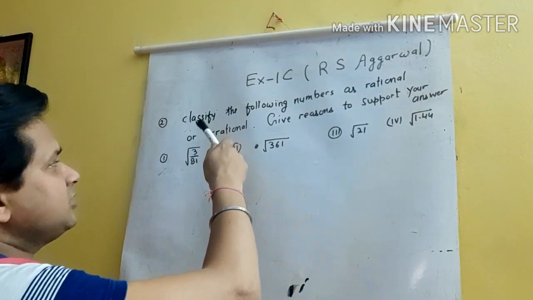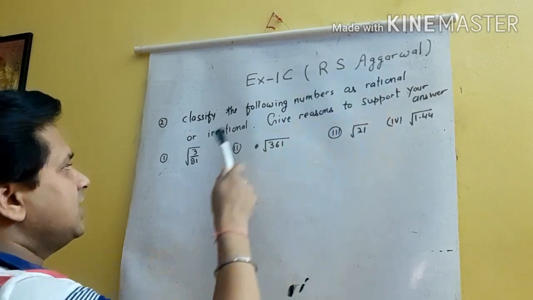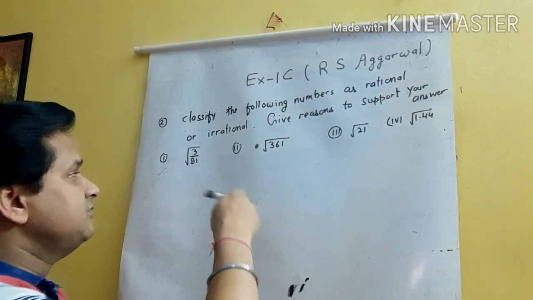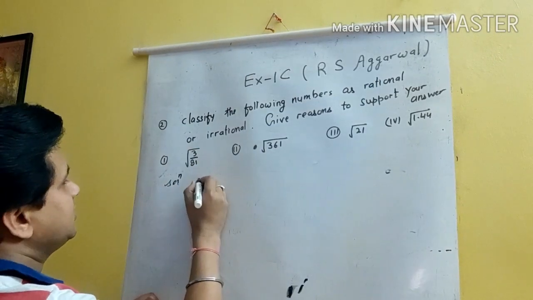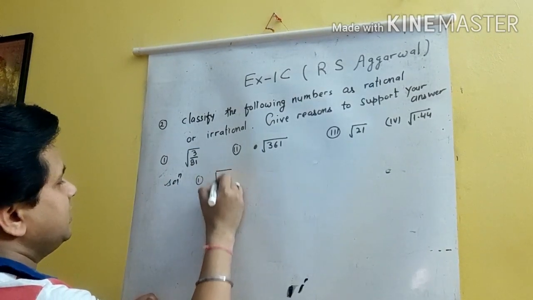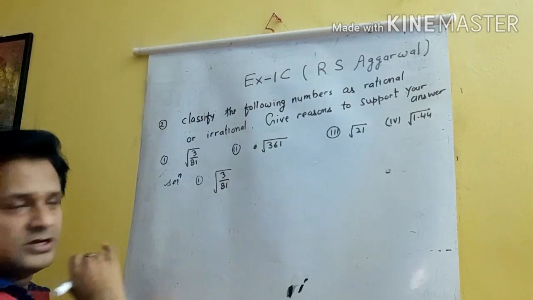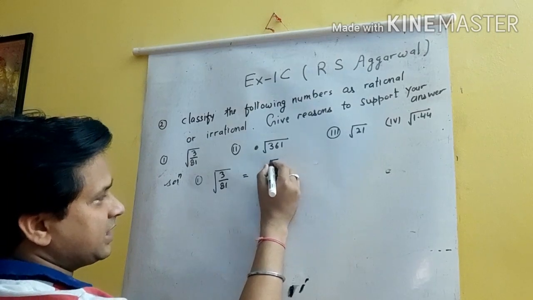In this question you have to classify the following numbers as rational or irrational numbers. You are given some numbers and you have to classify which one is rational and which one is irrational. First one, under the root you are given 3/81. So I will first simplify it. How would I do it? Can I write it